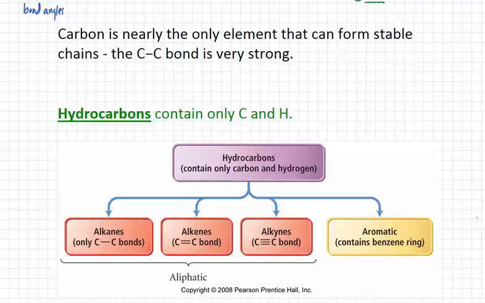So alkanes have only CC single bonds. Alkenes have at least 1 CC double bond. Alkynes have at least 1 CC triple bond. Okay? Altogether, alkanes, alkenes, alkynes are considered aliphatic. And that's an old historical term. We'll talk about that in a little while, I think. And then there are aromatic hydrocarbons that contain a benzene ring, a very specific ring formation that carbon and